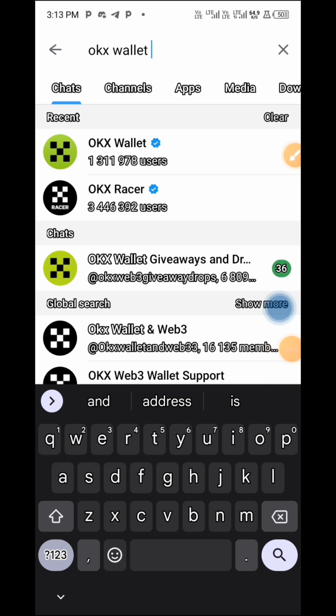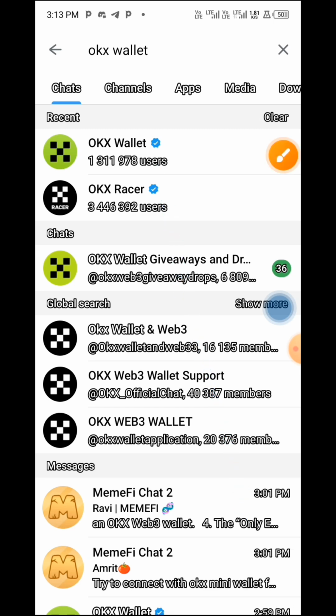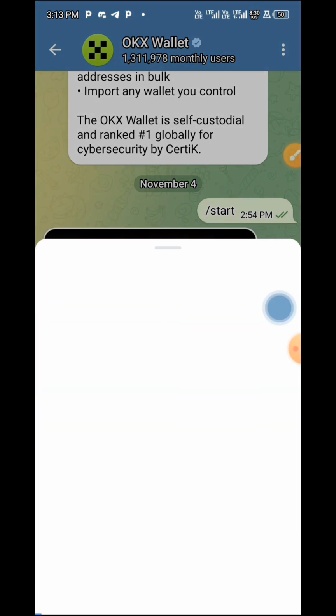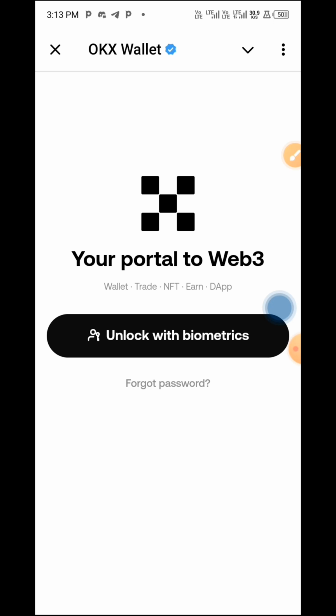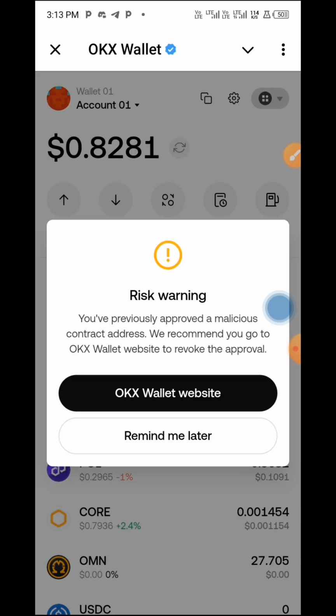Then you click on the OKX wallet bot. Look at it. This one. Okay. So we click that. I did mine already. So what you have to do is just open the wallet. At this point, before you open, because I opened my wallet already. Before you do that, you have to